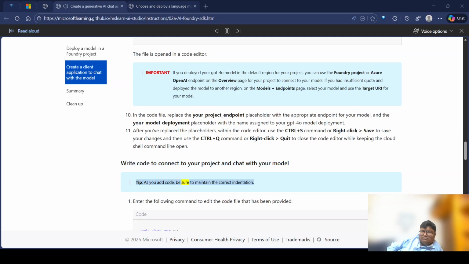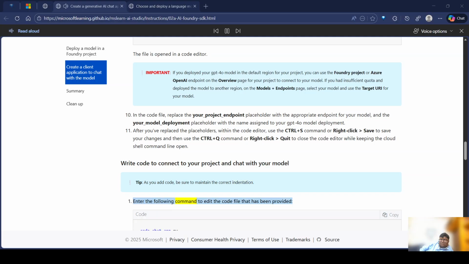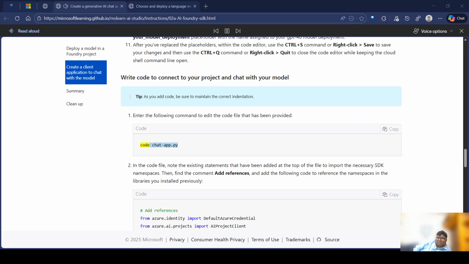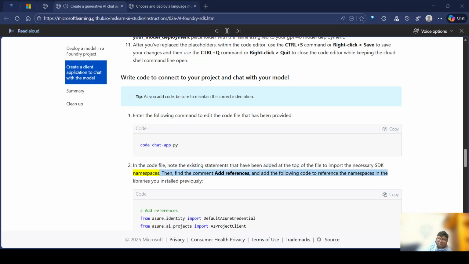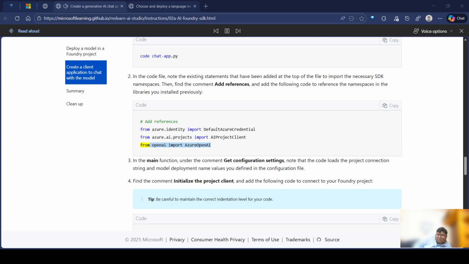Tip: as you add code, be sure to maintain the correct indentation. Enter the following command to edit the code file that has been provided. code chat-app.py. In the code file, note the existing statements that have been added at the top of the file to import the necessary SDK namespaces. Then, find the comment add references and add the following code to reference the namespaces in the libraries you installed previously. # add references from azure.identity import DefaultAzureCredential from azure.ai.projects import AIProjectClient from openai import AzureOpenAI